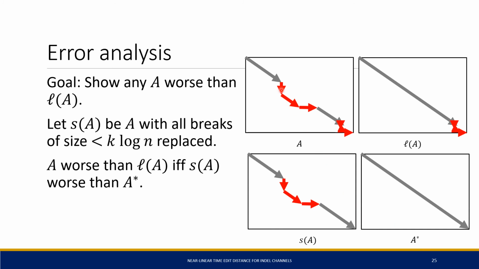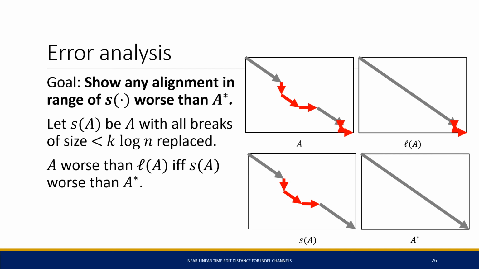Because if you look at the difference between A and L of A versus the difference between S of A and A star, it's the exact same difference. A and L of A are paying the exact same cost for this segment. The only segment where the cost differs is here, and that's the exact same segment where S of A and A star differ. So given this observation, I can replace my goal of showing that any A is worse than its corresponding